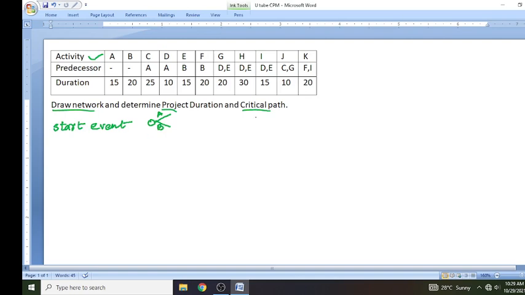We also take the end event. So what are the activities which go into the end event? Here we can analyze like this: the predecessor activities. A is here, B, C is also here, D, E, F, G, H is not here, right?